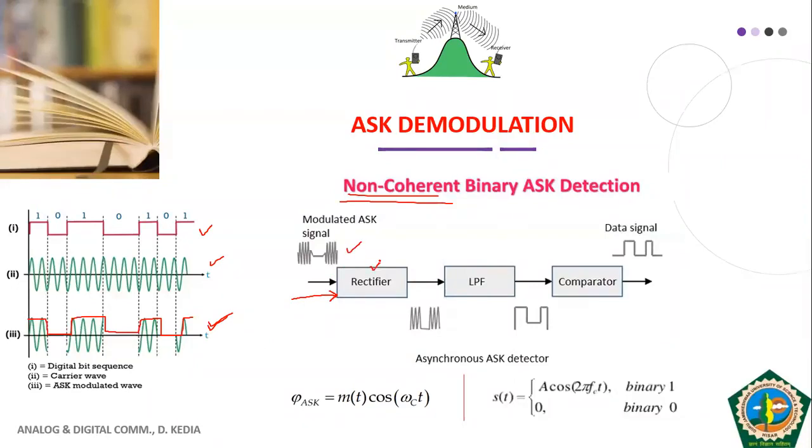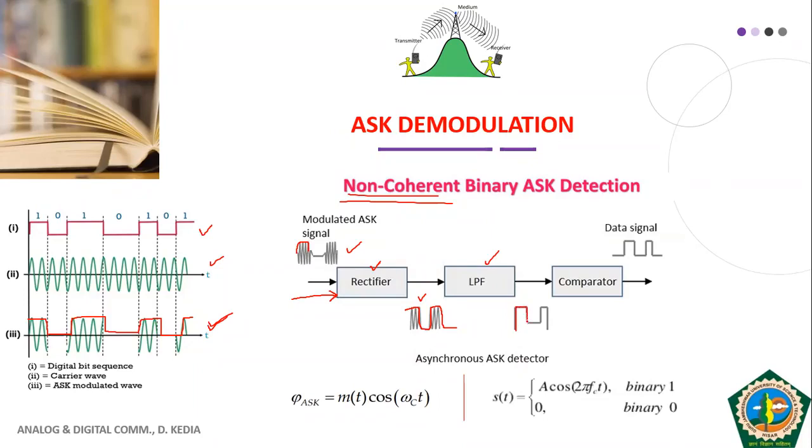With the help of a rectifier, I convert my bipolar signal into a unipolar signal. Then I use a low pass filter, which gives me the envelope of the signal. It will allow only the low frequency modulating signal to pass through, and the carrier will be removed. At the output of the low pass filter, what I'll get